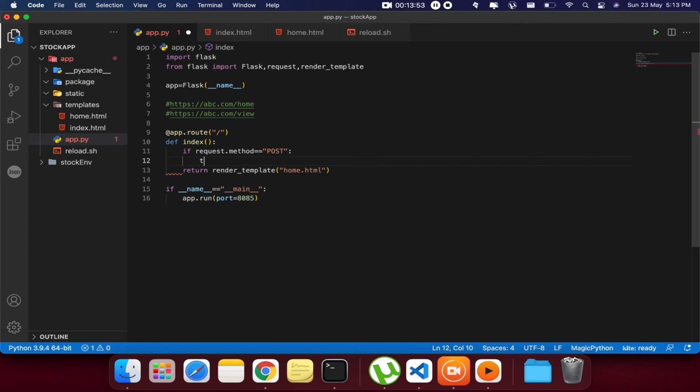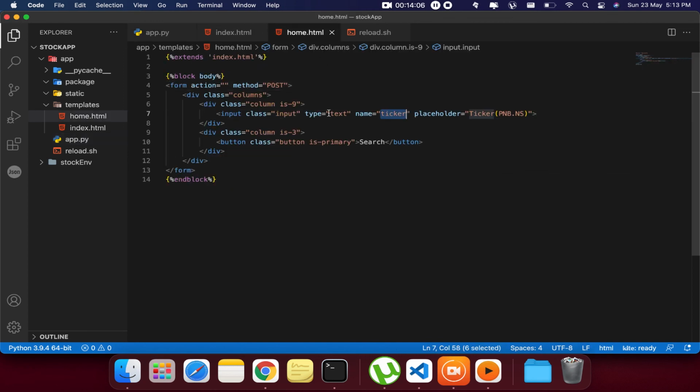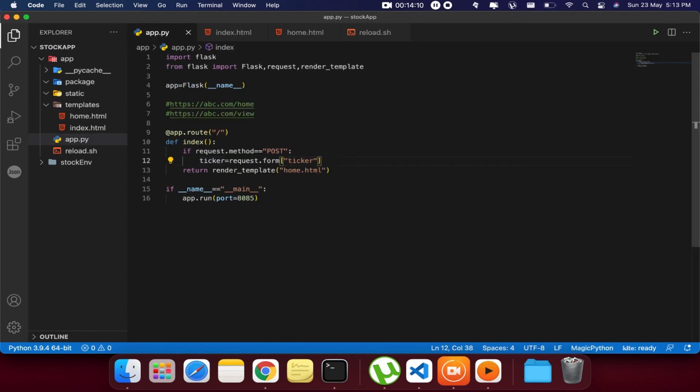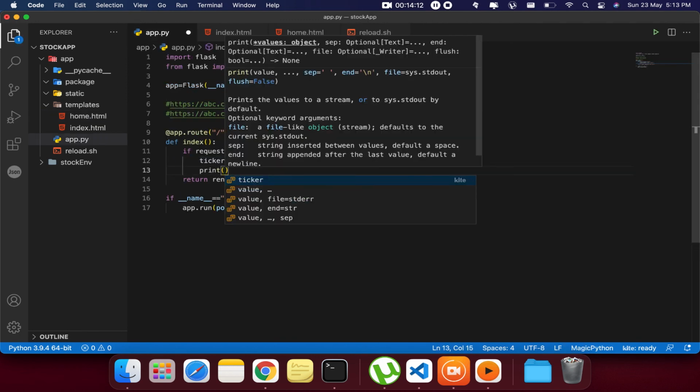And we want the ticker name. So ticker equal to request.form, and let's give the same name, ticker. This is matching with the input box name, so we need to give that same name. Okay, and now let's print the ticker.